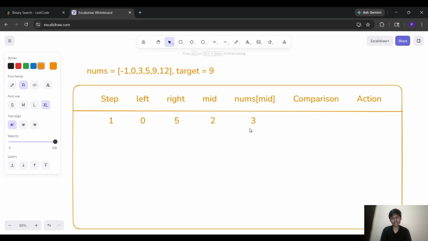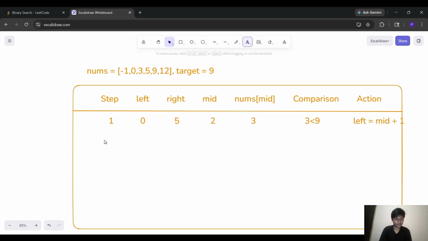We compare with our target: 3 is less than 9. So our action is left equal to mid plus 1. Here mid is 2, 2 plus 1 is 3. So we go to the second step.